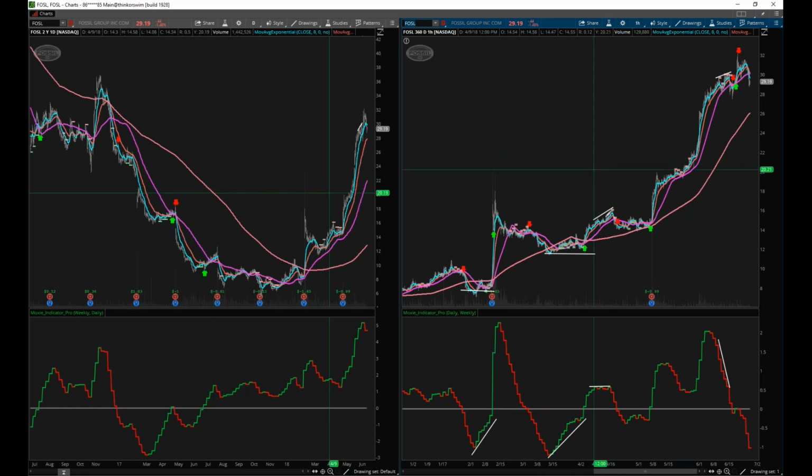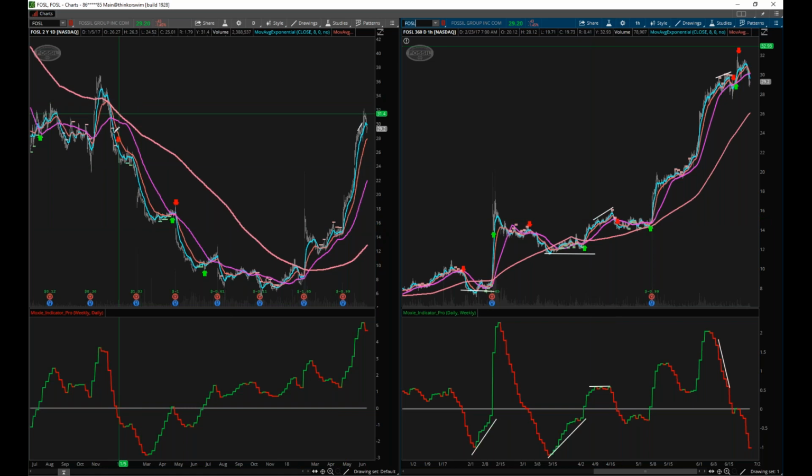Sometimes we can get little dips like this, so you just have to put it in context. As with any system, they don't work 100% all the time. I'm not going to be blowing smoke or mirrors. But in context, if you're going to short something, make sure that you've got plenty of room to the short side to continue doing that.